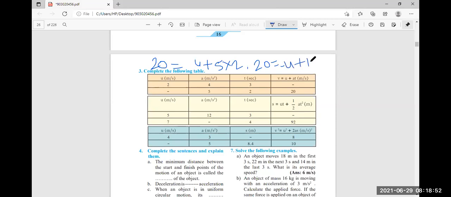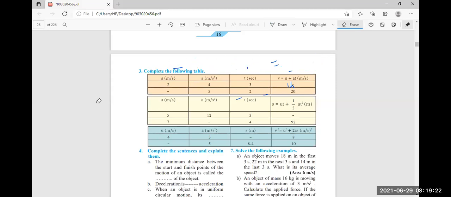Now here we have to find the value of U. Here 10 is for addition, so what will happen? We have to take it across for subtraction. Minus. Then we'll get the U. What is the U? 10. Everyone? 10. Yes or no? How to solve? Understood everyone? Yes, sir. Anybody having a doubt? No, sir.